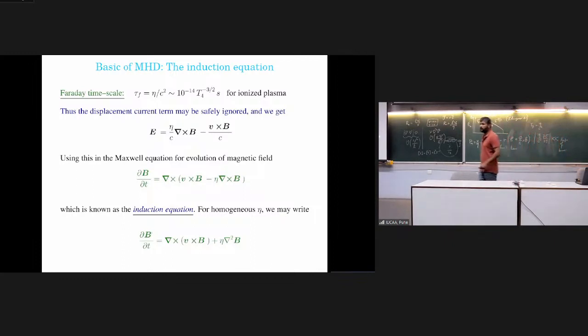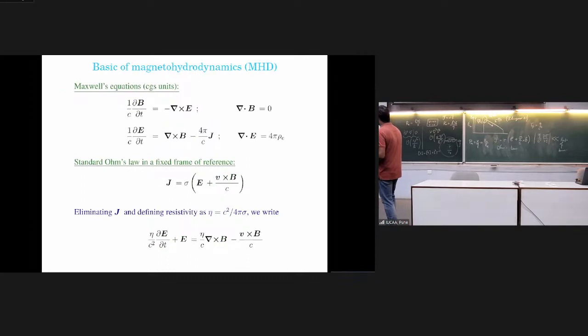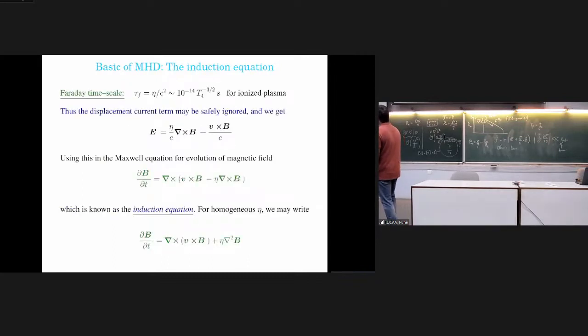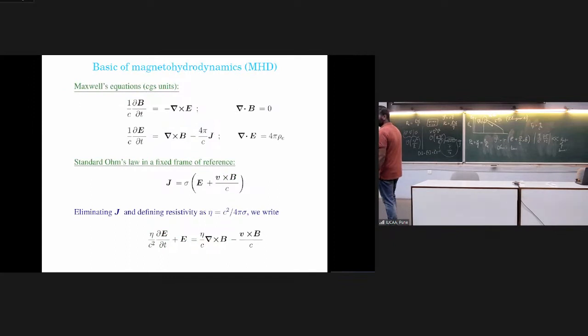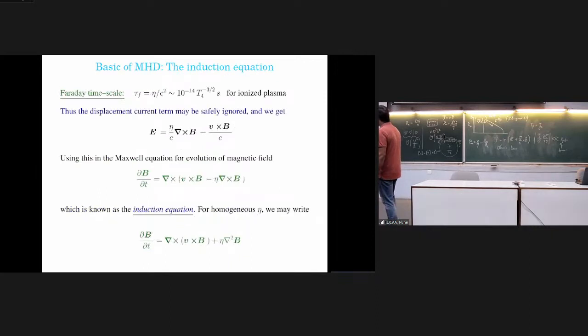Order of this term is much smaller, and then you throw it. So what happens is that from Maxwell's equation, the electric field can be written in terms of these two objects, which I can substitute in this equation. Del B by del t going as curl of E, I can substitute it back, and I get a dynamical evolution equation for magnetic field del B by del t. It's a partial differential equation which has two parts. If I assume plasma which has uniform conductivity throughout the medium, the whole galaxy or whole sun, this eta can be taken out, and using divergence B being 0,